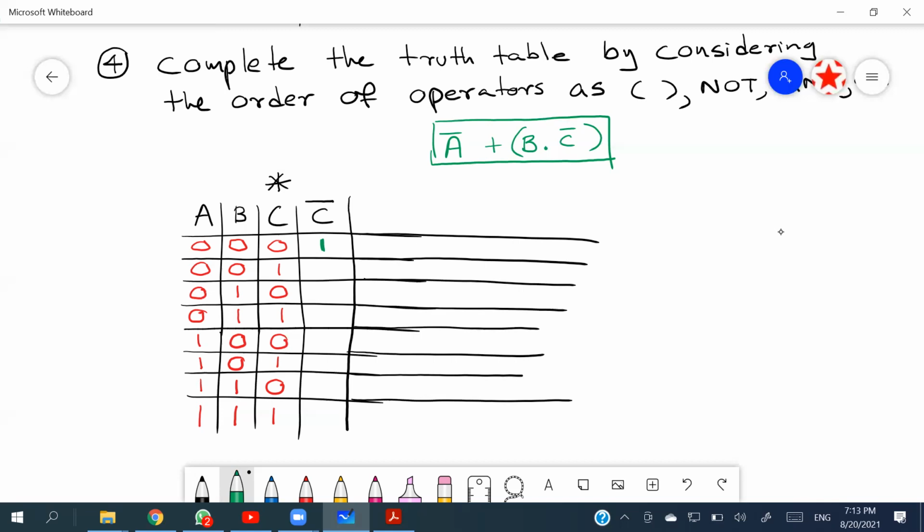So likewise, this one becomes a 0, this 0 becomes a 1, this one becomes a 0, this 0 becomes a 1. Likewise, your C bar column is going to generate like this. Is that clear, people? How we get the C bar column? Right. So after we create the C bar,